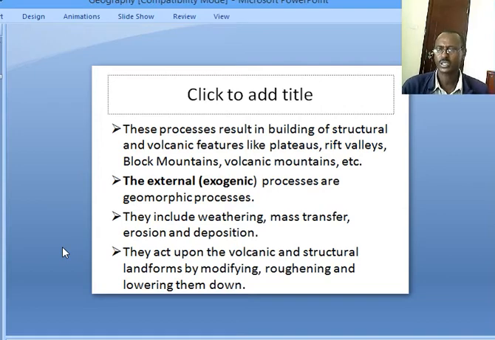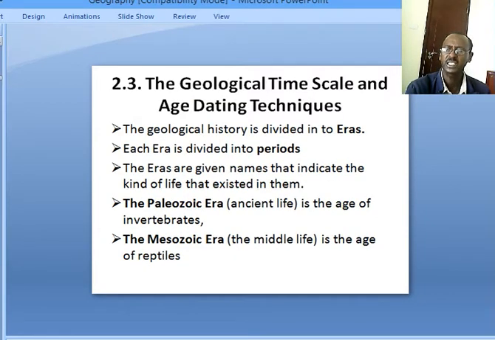All these forms act on the volcanic and structural landforms by modifying them. They roughen them, they lower them. So we will see different landforms in different periods of the earth. Now in geology, what is most important is that we need to see the geological time scale and age dating